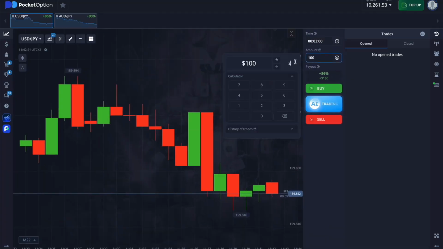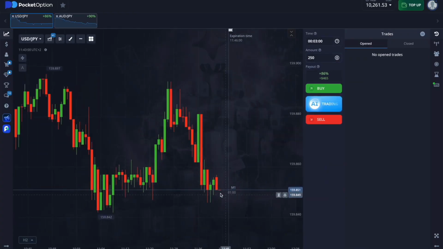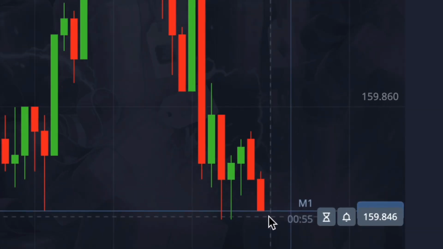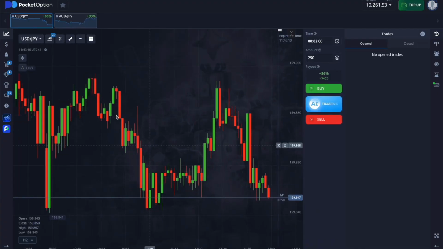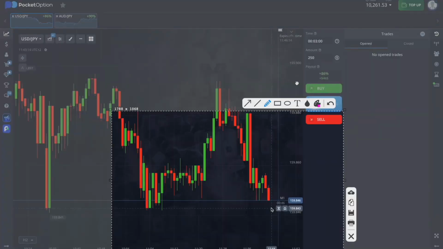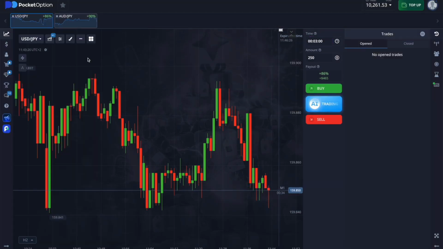When moments like this happen, I'm actually glad, because you might find yourself in such situations too. 2.5 instead of $100, I'm multiplying by 2.5. Well, the movement went down just as we predicted. There's the breakout. See how frustrating it is when it closes at a loss. So, we did everything right, analyzed everything. But when there's news, the chart can lag. In other words, we predicted the breakout of the level. It will happen, but not in 3 minutes, for example. That rarely happens, not in 3 minutes, but in 4. That happens, but it's rare.